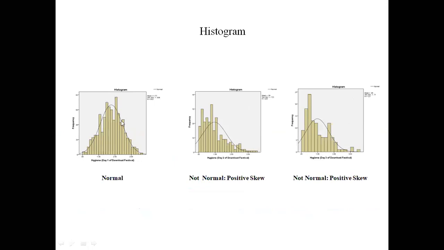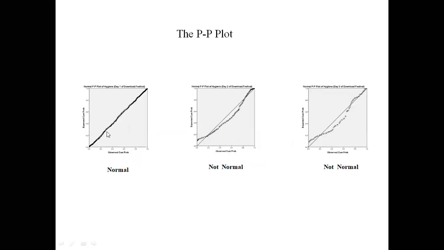Bell shape means ghanti ki shape, and it is positively skewed in day 2 data, and day 3 data is also positively skewed. It means it is not normal. Out of the 3 days of data, only day 1 data is normally distributed. So the second way, to find the normality of all the observations in our data,